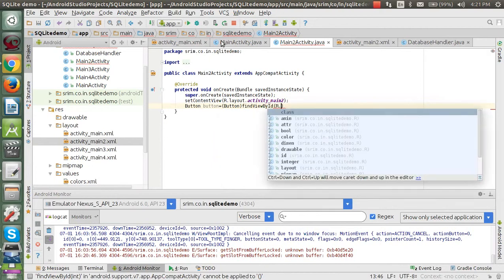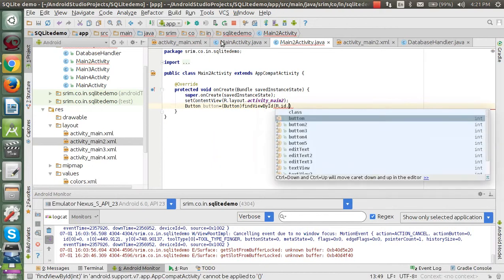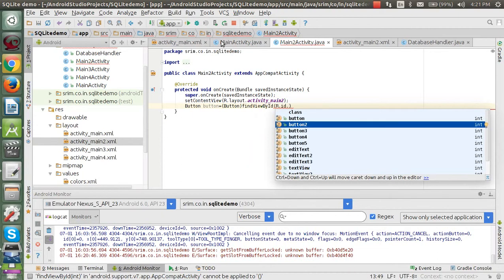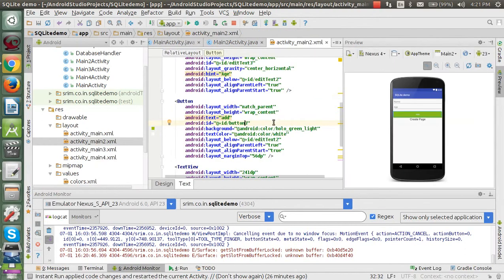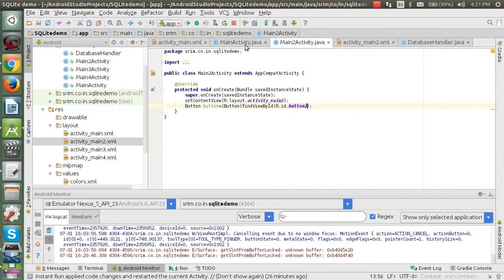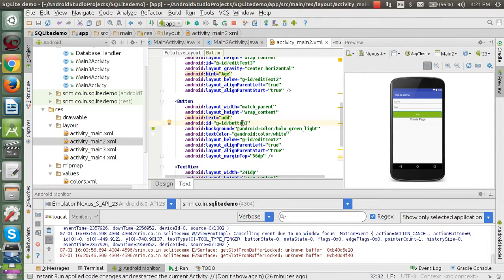Dot id, like we saw, it's button 2. Let's check it again. Button 3, sorry, button 3. Okay,